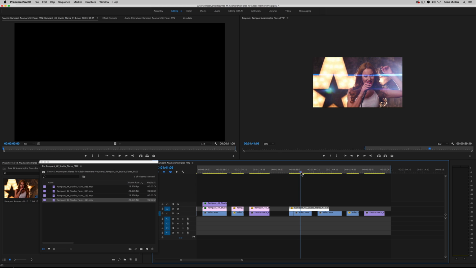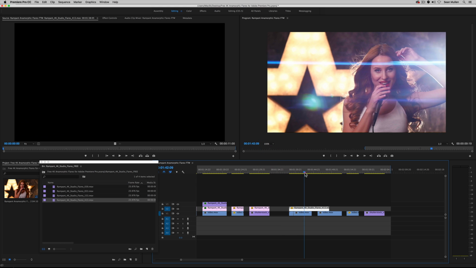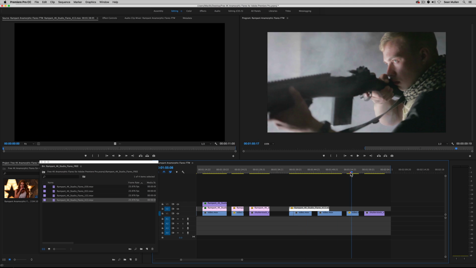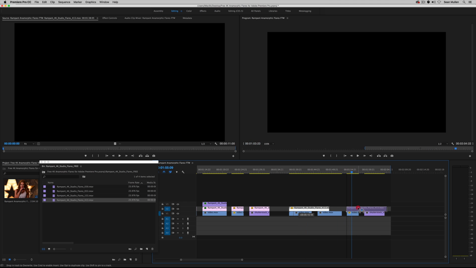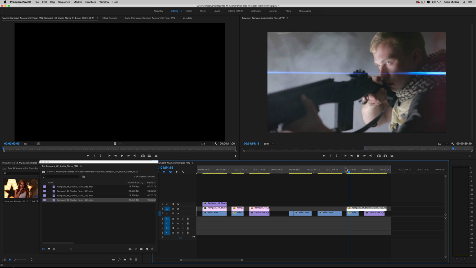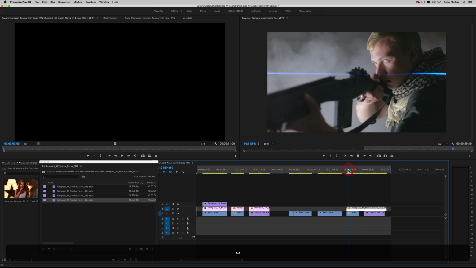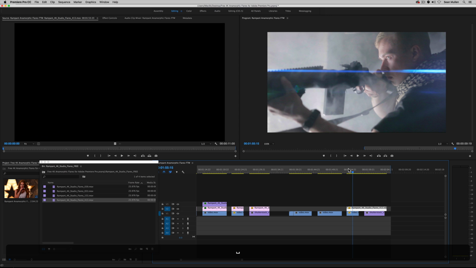What if this flare works great, but it only works great for a different shot in your mind, right? So you're like, hey, this is cool, and this flare is great, but I really want it over this guy here. So just go ahead and just drag it through. Boom. And that's it. Because remember, we're dealing with footage, so it's that simple to put a flare on a shot. And if this is all you're interested in, if you don't want to know any more techniques, this video